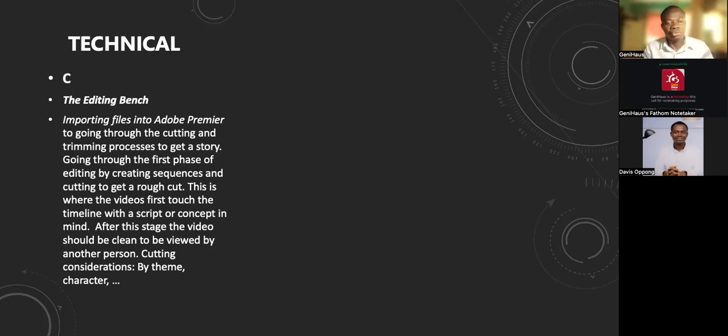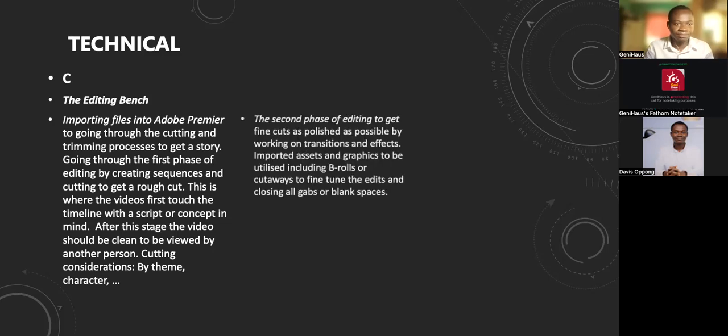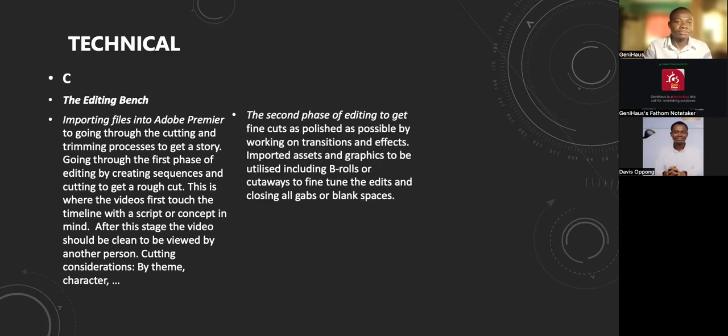So we will try to let you know how to cut based on the instruction you have been given. Okay. So we also move into a phase where you fine-tune your cuts. Maybe you apply effects to them. You apply B-rolls or cutaways to them. We explain all of that. And then, when you are doing cuts, sometimes when you are doing editing,